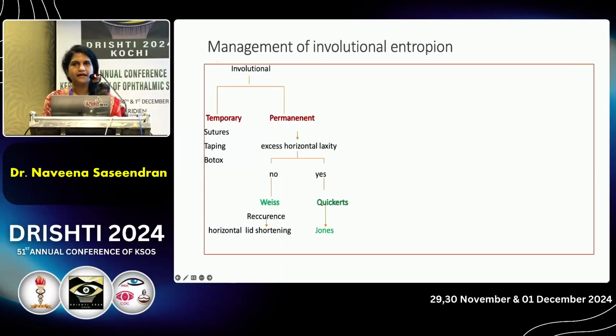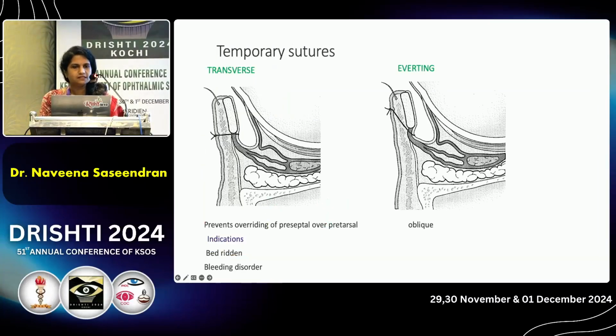Now coming to management of involutional entropion, it can be temporary methods or permanent procedures. Temporary methods include sutures, taping and botox, and permanent procedures will be dealt with in detail. So temporary sutures can be either transverse or everting sutures. Both will prevent overriding of preseptal muscle over pretarsal orbicularis, and these are mainly indicated in geriatric patients and